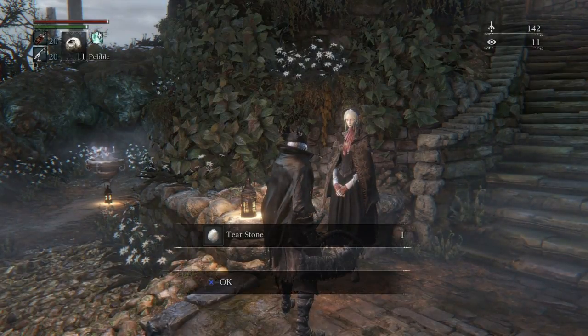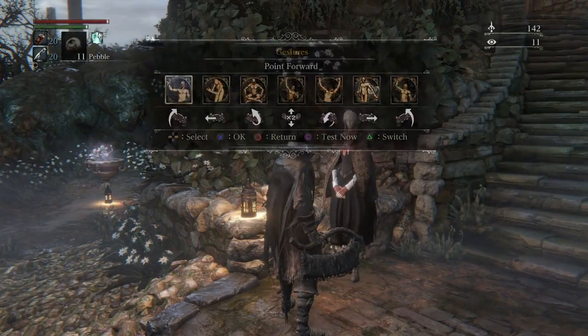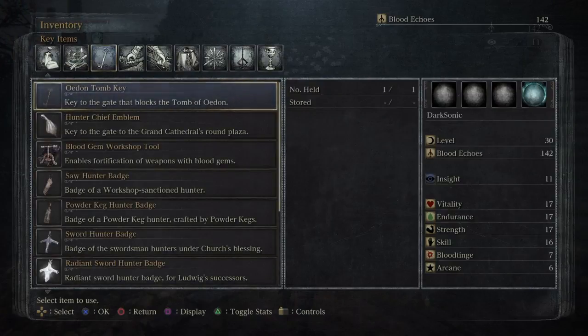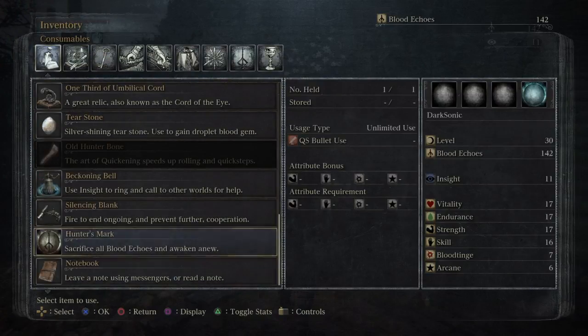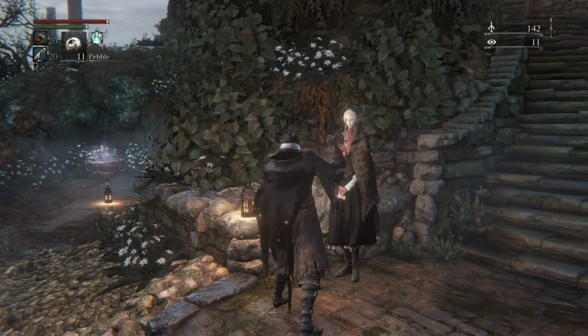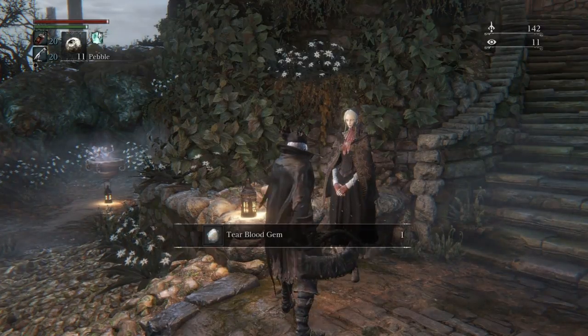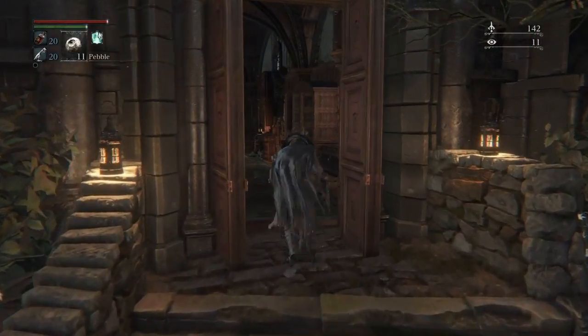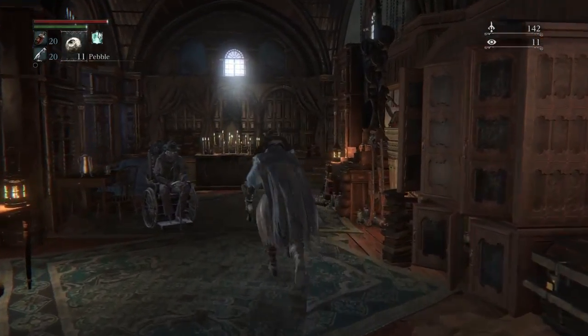And now we got a tear stone. Okay, so the tear stone is just like the blood gemstone. We can crack it open and we'll get a new stone that we can use for our weapons. Now the tear blood gemstone, if I'm right, it's